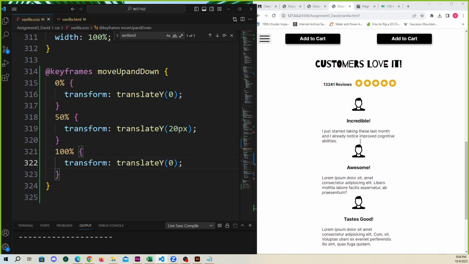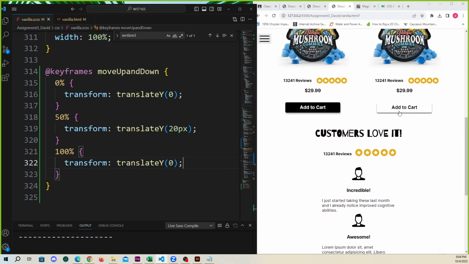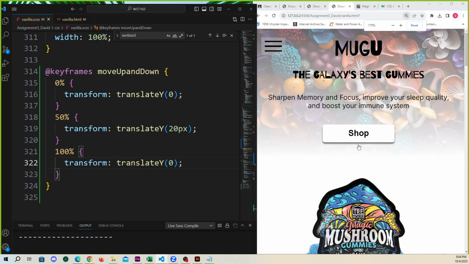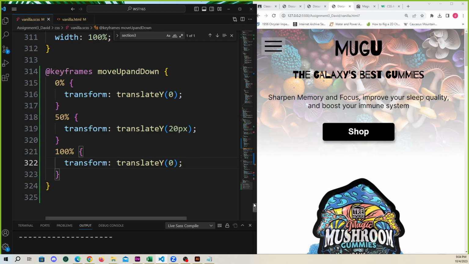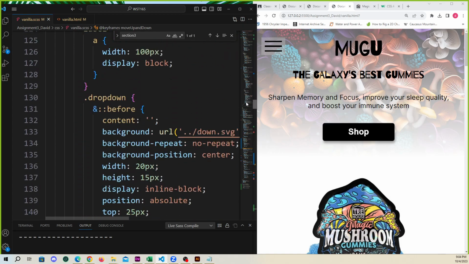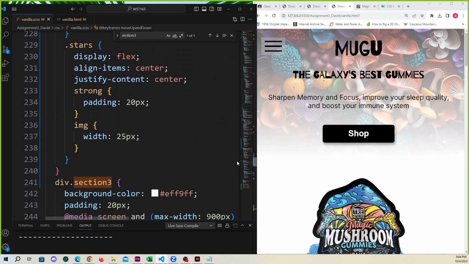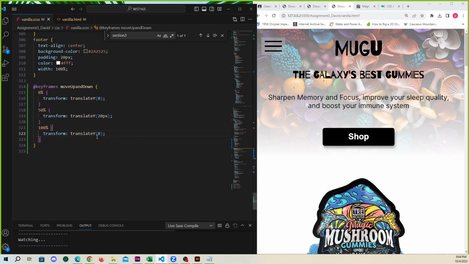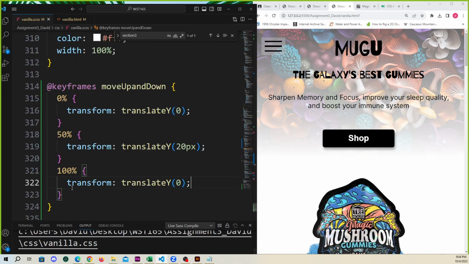Now all the buttons are moving up and down, and it's going at a constant speed. It doesn't slow down or speed up. But actually, I'm gonna leave it on from and to, and get rid of this third one here,